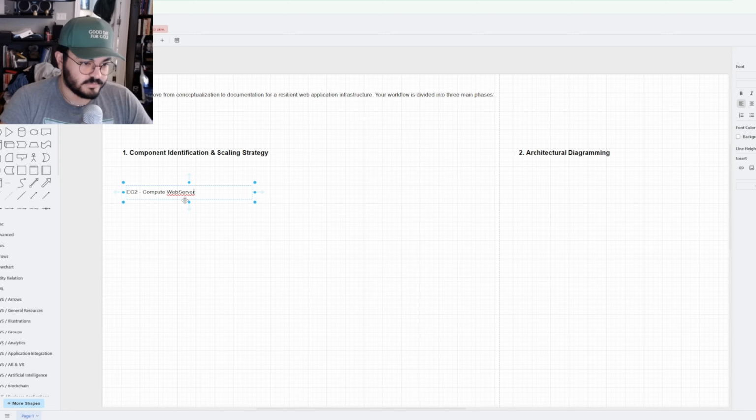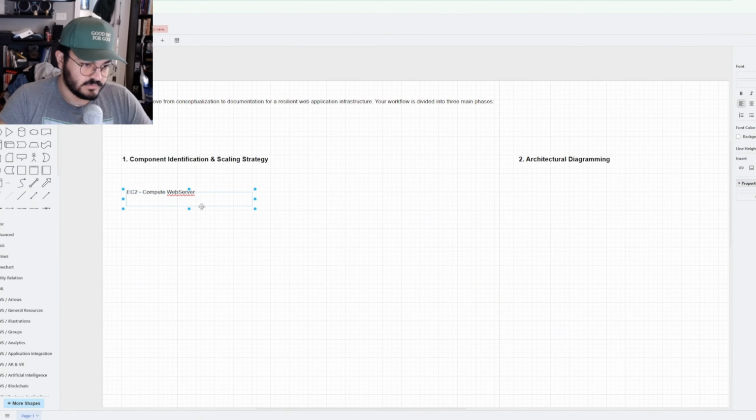Now, what else do we need? Can I make this bigger? Is that what that does? Nope, that's an arrow. Why is it center justified? It's kind of weird. How do I make it stick to the top? Block. Alright, I'm getting sidetracked with the formatting, but